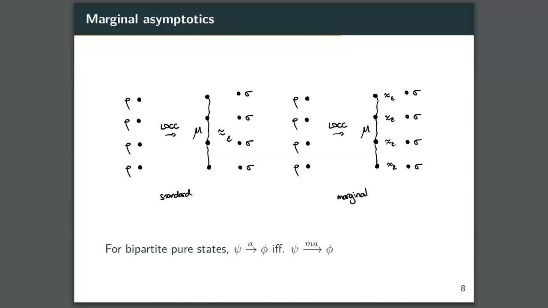So you can do the transformation asymptotically in the standard setting if and only if